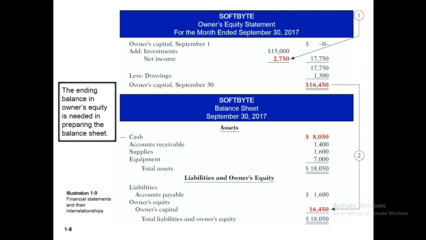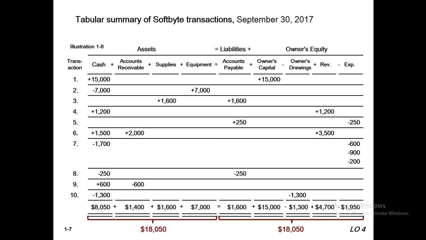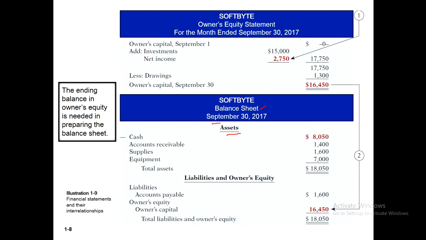And then we will prepare the balance sheet. And you know, the balance sheet is for a specific date. Earlier I told you this matter: on a specific date we prepare the balance sheet. So this is our assets side. You can look here. We have 4 items: cash, and this is the balance, the accounts receivable, this is the figure, supplies and equipment. This is the supplies figure, and this is the equipment figure. The 4 figures we consider here to prepare the asset side.